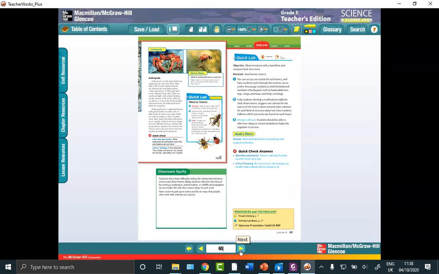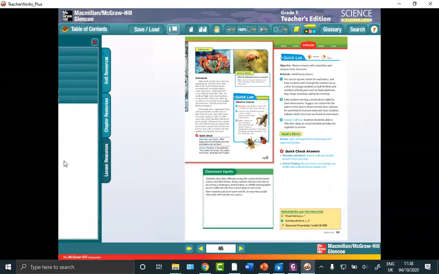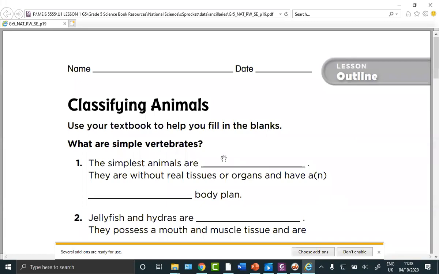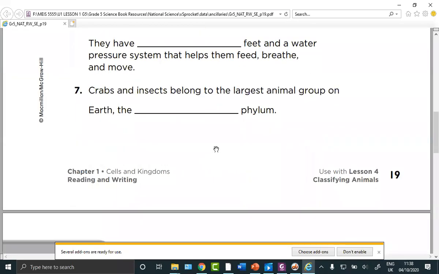Number 2. Cells that move sugar up, down, and all around the plant are called phloem. Yes, phloem. You're right. Number 3. A layer in the plant stem that separates xylem and phloem is called